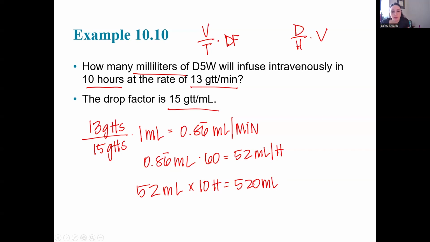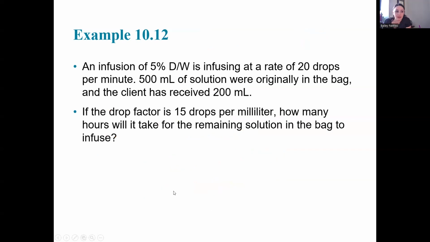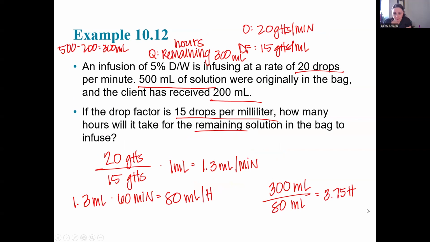You have to think through the problem. You have to think, okay, is this a multiplication or is this a division? Like, if multiplying, is it going to get me my time, or will dividing get me my time? So,